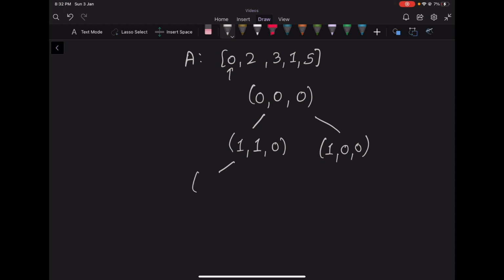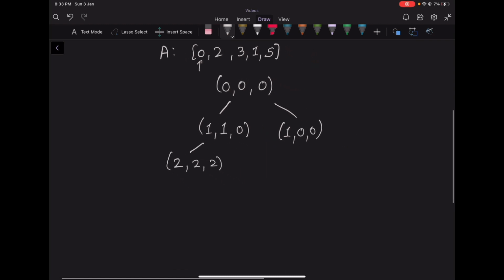So if we take it, then we will move to second index. Now we have taken 2 elements and our current XOR is 2. And if we don't take it, we are at second index. We have taken 1 element and our current XOR is 0. Now for this case, if we take 2, we'll move to second index. Now we have taken 1 element and current XOR is 2. If we don't take it, we will move to second index with 0 elements taken and XOR 0.